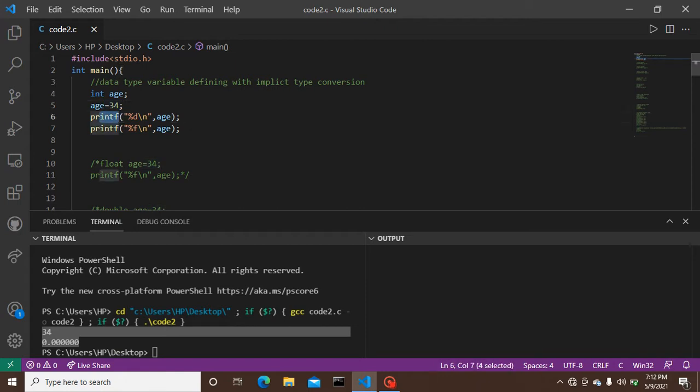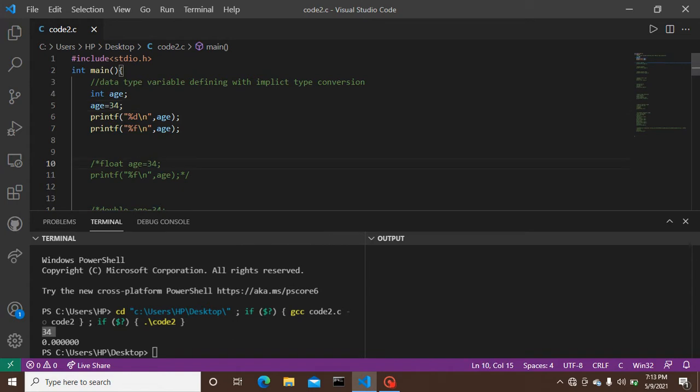In our next line there is a printf statement from which we get an output of 34. Why is it 34? Because here I have provided a data type of integer. The declaration has been made by the user so that the variable age gives the perfect output of integer type, that is 34. So here, the output is 34.